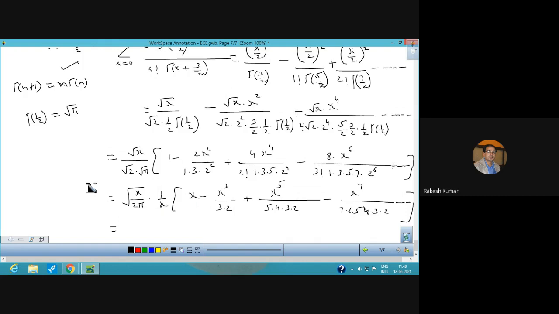Okay. Just see. 1 by 2 was here. Just see that 1 by 2. अब यहाँ पर 1 क्यों बचा था हमारे पास? क्योंकि हमने स्क्वायर रूट x कॉमन लिया, स्क्वायर रूट 2 कॉमन लिया, स्क्वायर रूट पाई कॉमन लिया, इसका वैल्यू। और ये जो 1 by 2 है ये ऊपर जाकर 2 बनना था। तो that 2 is taken common here.